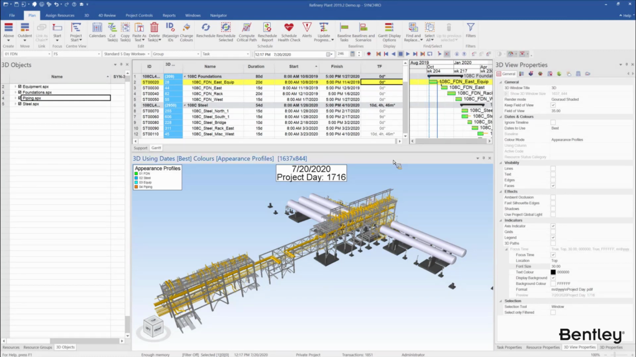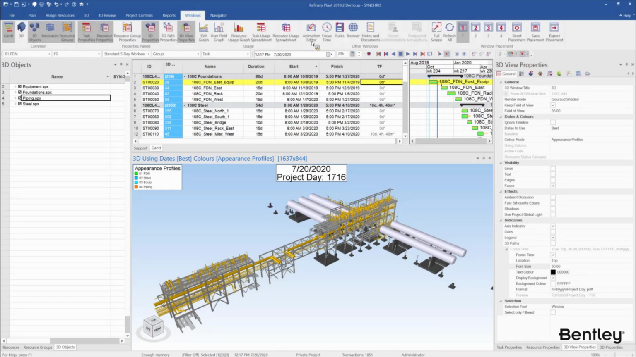The other thing we did with animation this time, which I think is a great feature for you to be aware of, is to avoid this: when changes happen to the scheduled dates, you would likely need to recreate the animation because the dates won't match anymore. So in this release, what we did